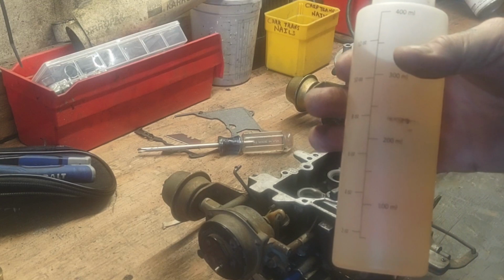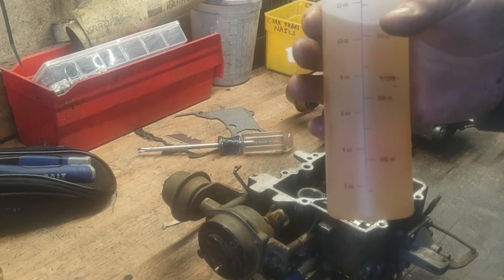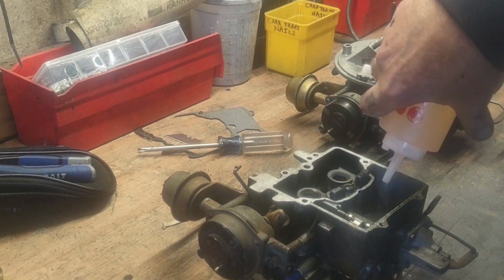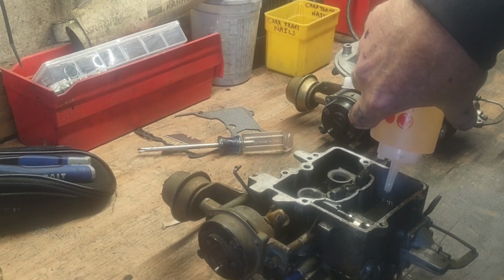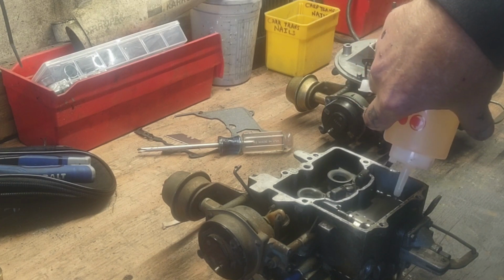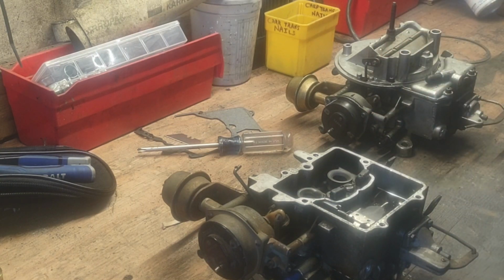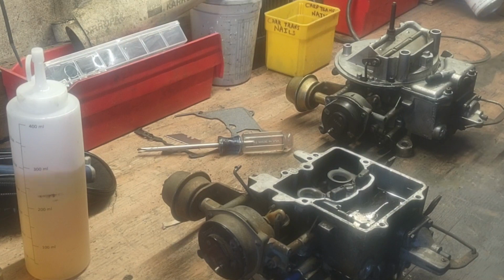So what I got here is some of that old crappy gas that I pulled out of the S10 when I was working on it. I keep it around to clean parts and start fires and stuff like that with. I just want to fill my float bowl up until the float stops moving. Which is right there. And I'm going to let this thing sit for 15 or 20 minutes, and I want to see if anything actually leaks out of it through those drain holes, or try and figure out where the